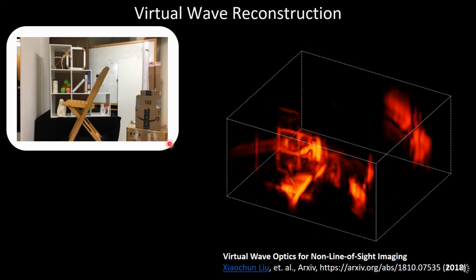Make sure you play this from the beginning. So this is the reconstruction of the scene. You can see this is a photo. There's a chair over here, the bookshelf behind it, this box with the posters over here, and then this whiteboard in the back. And there's a bunch of stuff here that's covered by the other scene part. So there's a shadow. You can't really see this directly.